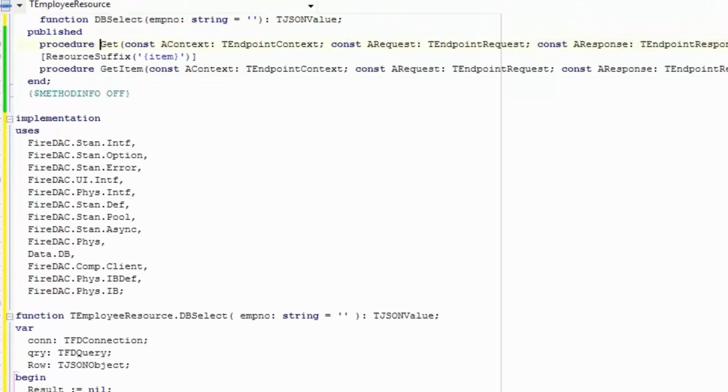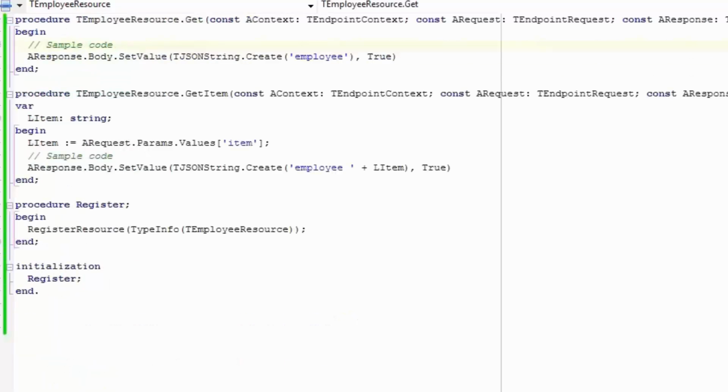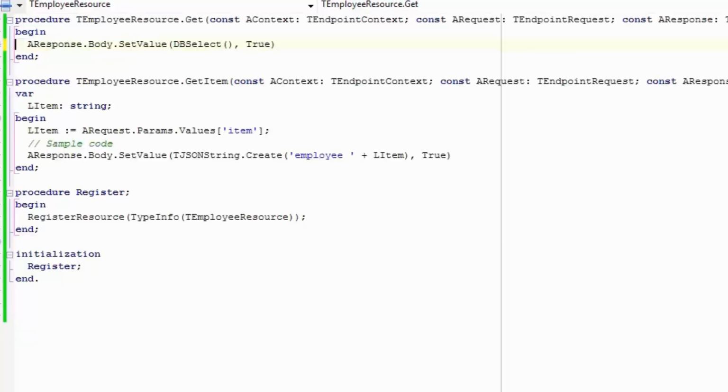Well, let's look at the get method first. So get is intended to return all records from the database. So I'm going to come down here to get, and we need to change this code out. As you can see, the sample code already returns a JSON string. Well, I'm going to swap that out for our JSON object, which is dbSelect, and we don't pass any parameters in. So dbSelect, the method we just wrote, is going to return a JSON array, and that's what will get returned back. So let's take the same code again,